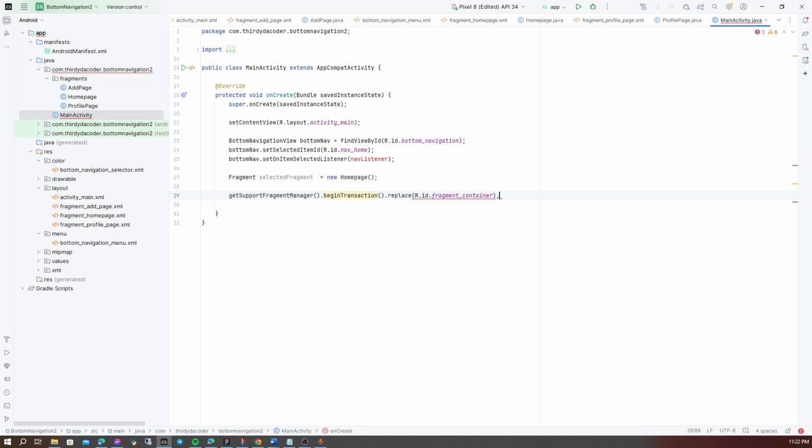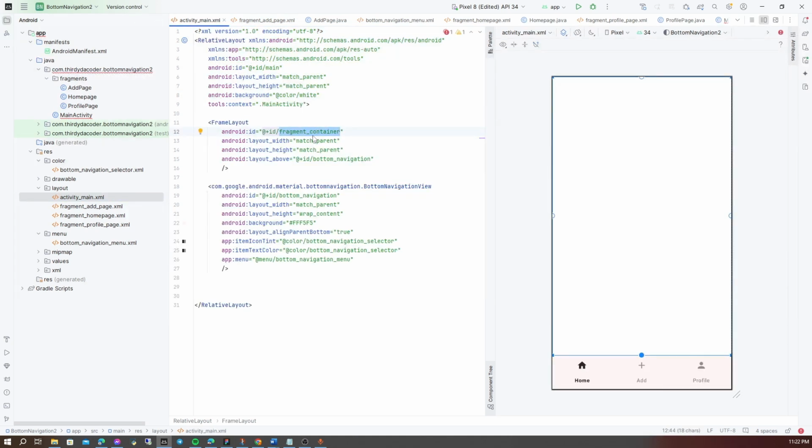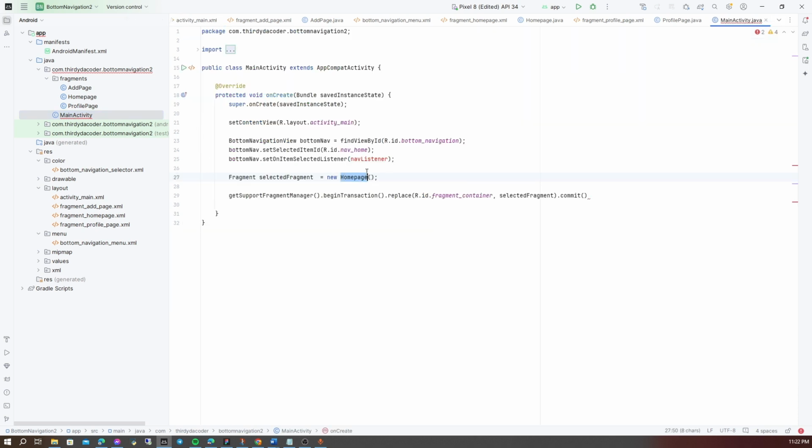Then selected fragment, then commit. As of now, the selected fragment is the home page. In the frame layout, we can go to the activity main. So fragment container stores the home page because we can see it.